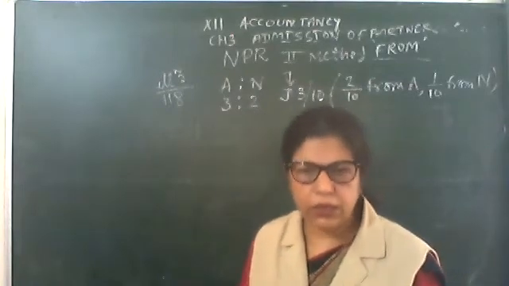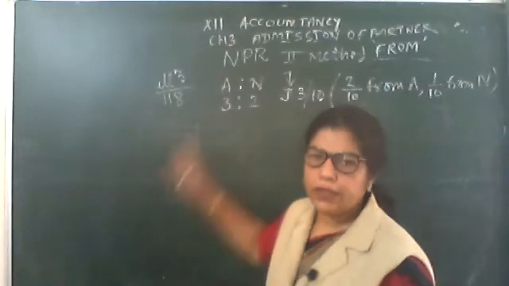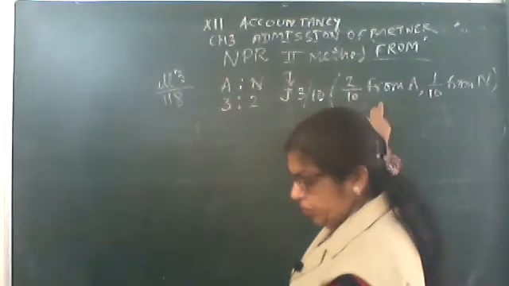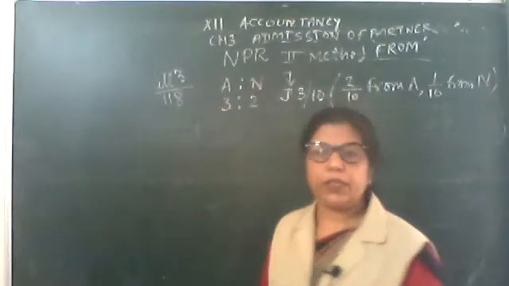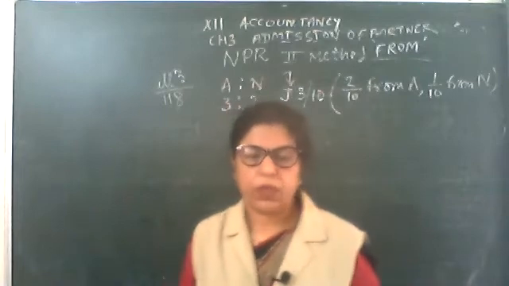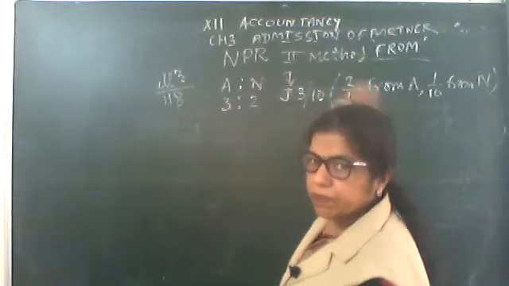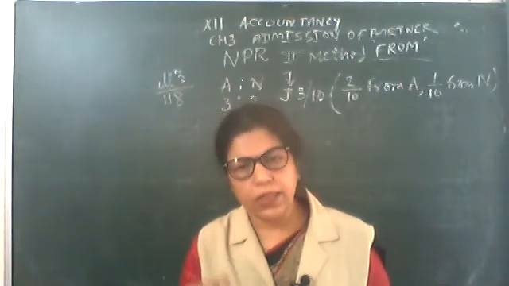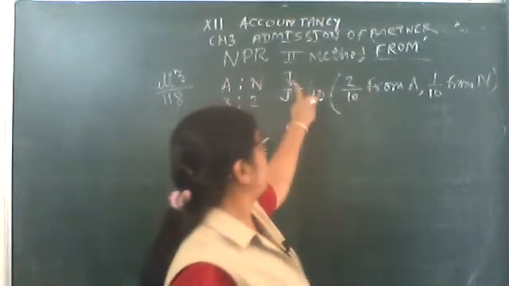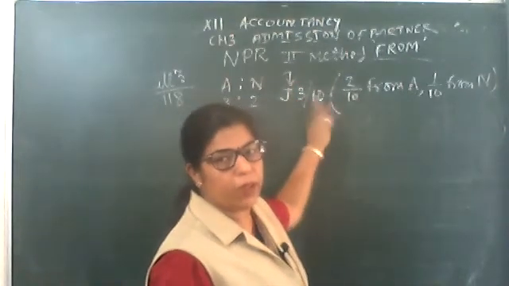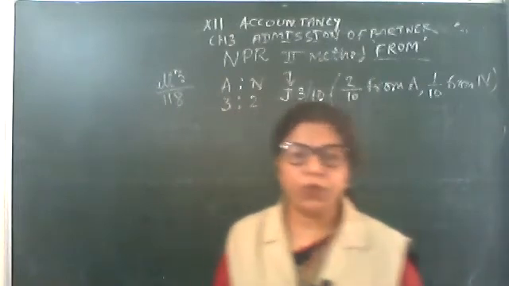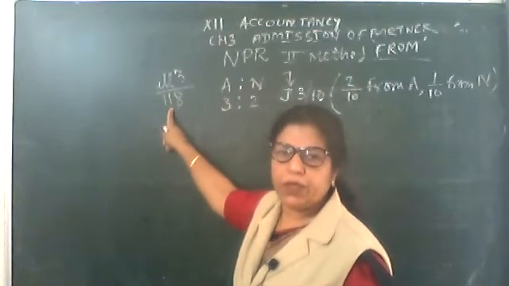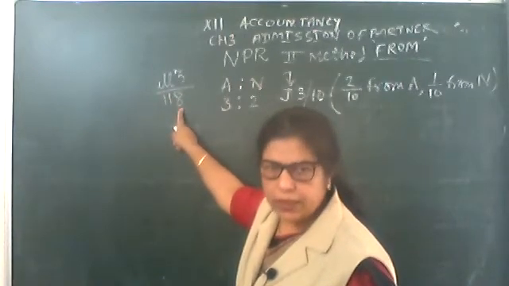But in the question, it is given that J will get 2/10 from Anshu and 1/10 from Neetu. So this is the condition. When we read the question, if there is some condition, we can write it here, and the inflow symbol is for the incoming partner. Now how will we do it? See, this is example 3, page number 118 of the NCERT.